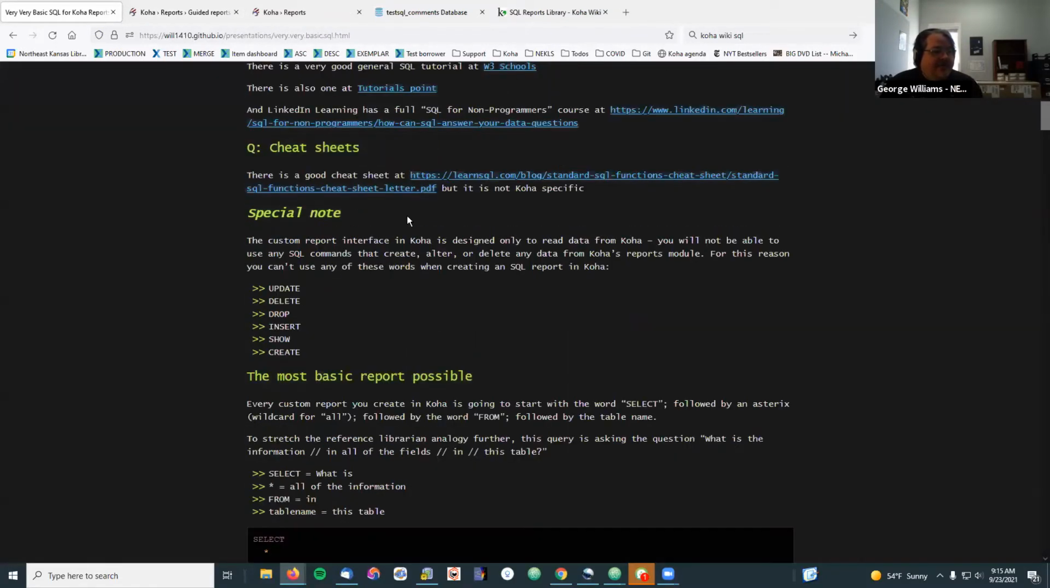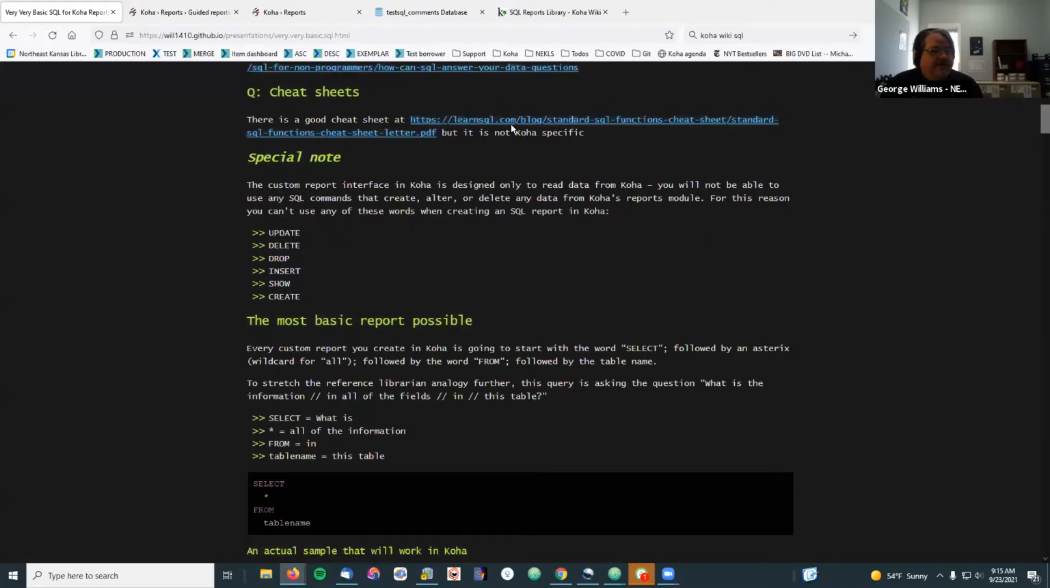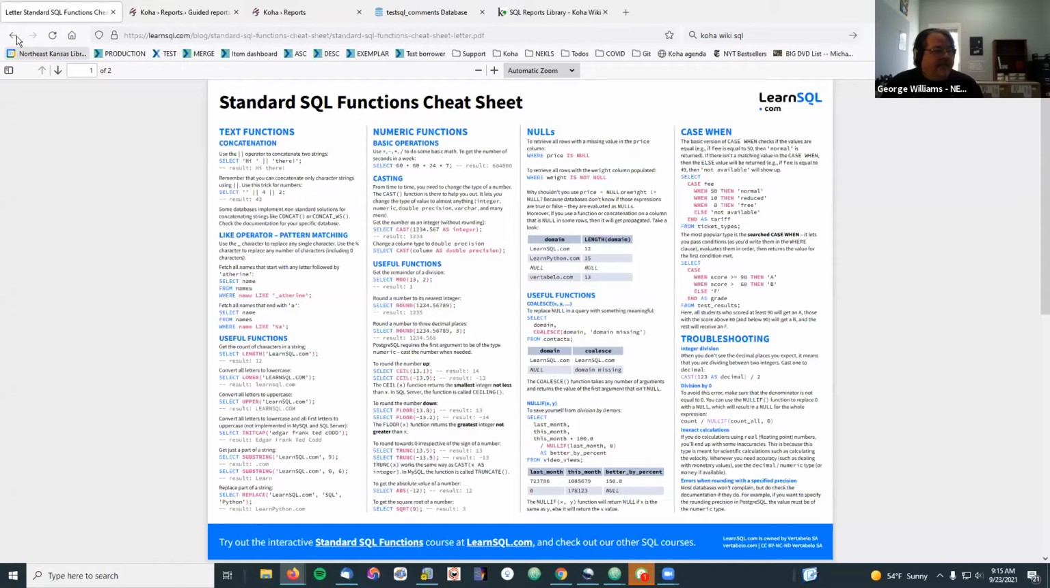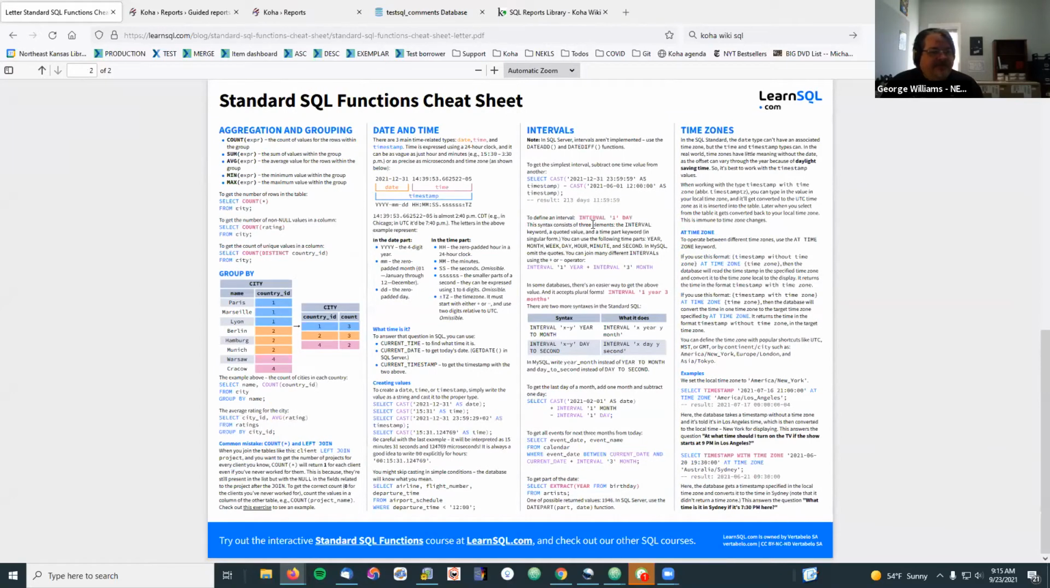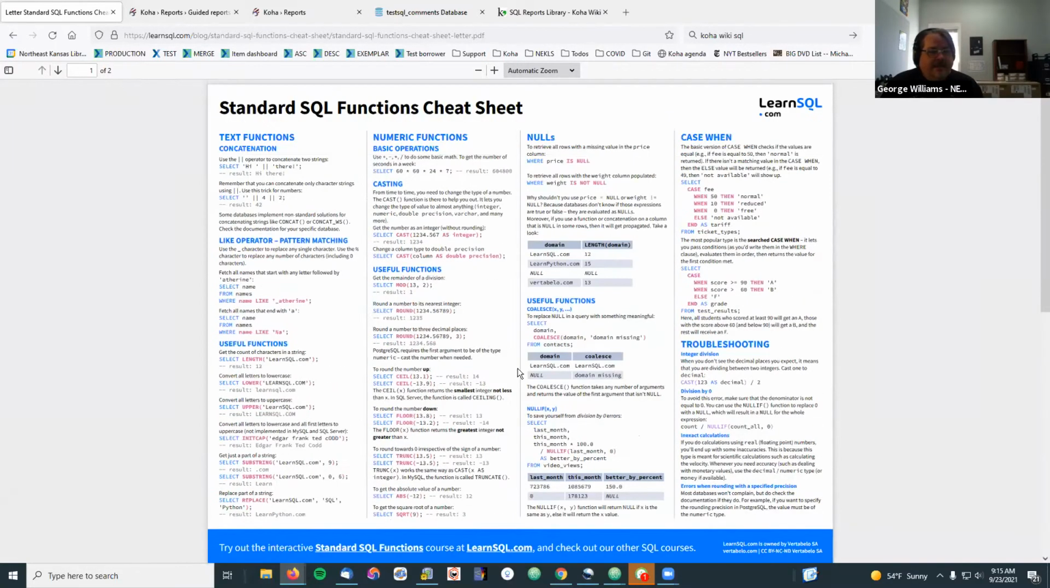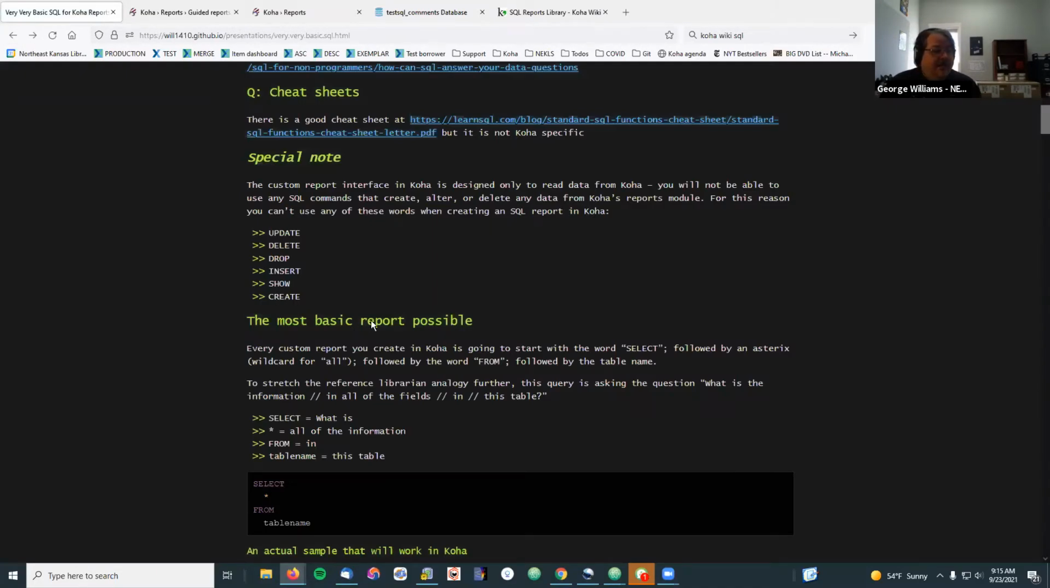And I also put in a link here to a cheat sheet that I use from time to time. It has just a lot of the basic commands in a sheet that you can print out and keep on your desk. The koha-US Education Committee, we have been working on a cheat sheet just for Koha